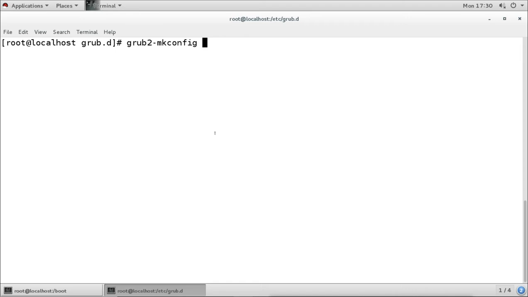Now what it will do is generate the configuration using the templates, but it is not going to update the main file, but still I am running it. Why? Because I want to see whether the changes I made are right or not. If you have made a mistake in a script, then you will see the error here.